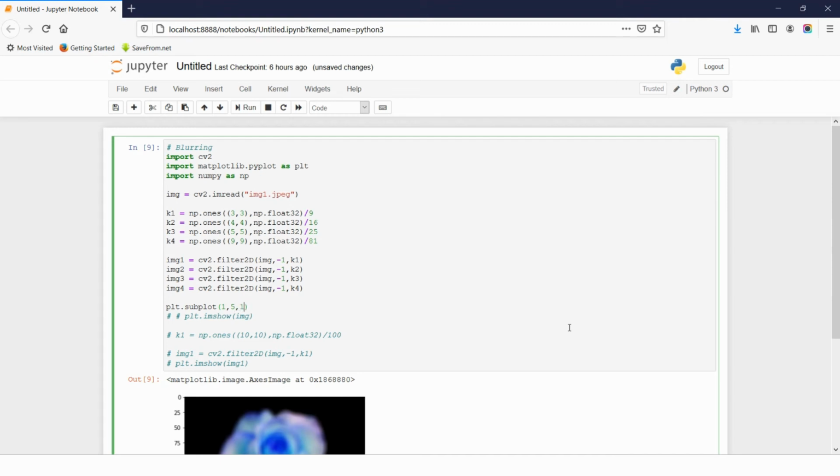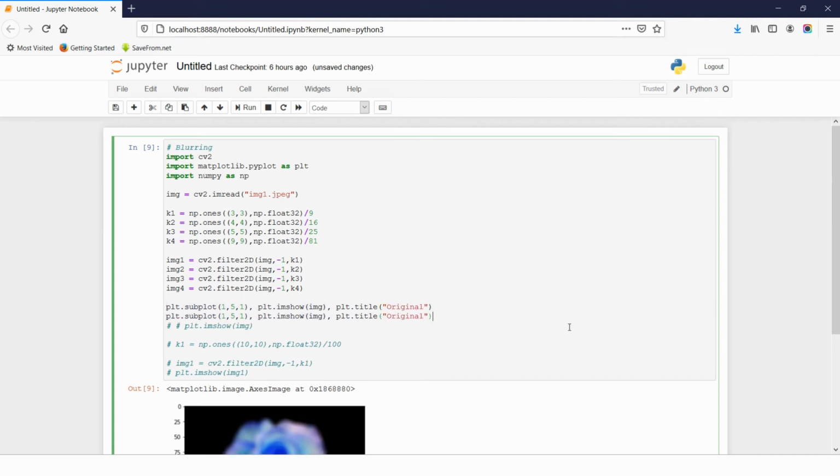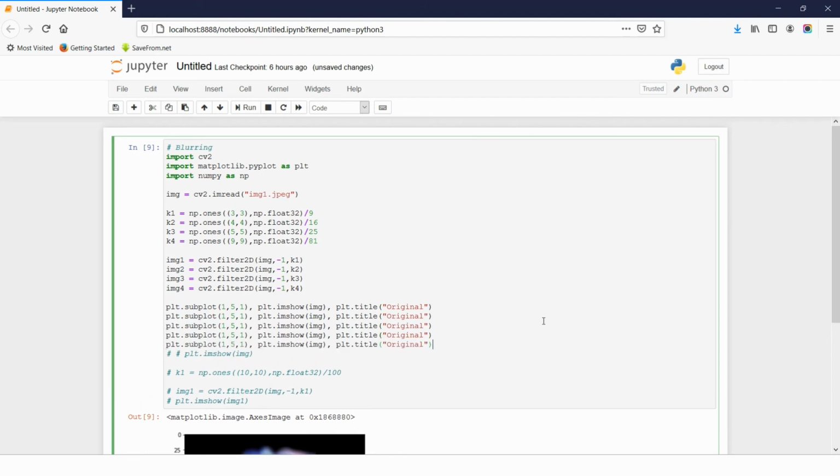The first image that I want to show is plt.imshow(img), which is my original image. Here I can also give a title with plt.title, saying this is the original image. I'll take this as a copy and display 4 more images. In plt.subplot, the first number defines the row and the second defines the column.